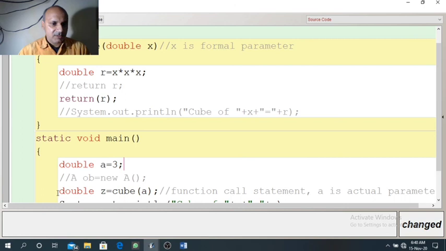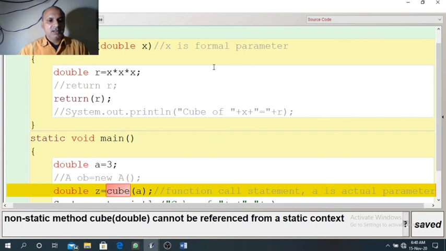If we call this method without creation of an object, it will not compile. Now check it. Now it is showing an error message. You can read the error message: non-static method cube cannot be referenced from a static context. It means a non-static method cannot be called from a static method.